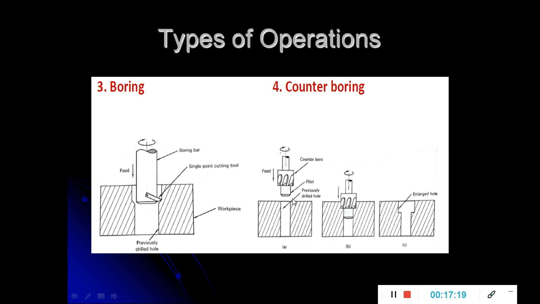So in the three figures we can see here, it is an already drilled hole. This is the boring tool, sorry, counter boring tool. Now the counter boring tool is going to be inserted into the hole with the help of a pilot. The pilot is used to adjust the tool into the already drilled hole. So when you insert it into the already drilled hole, it increases the diameter of the hole at the end through some extent. See here, we are enlarging the hole to some extent, and this type of cavity is used to fit the circular bolt heads into it. That is known as a counter boring operation.